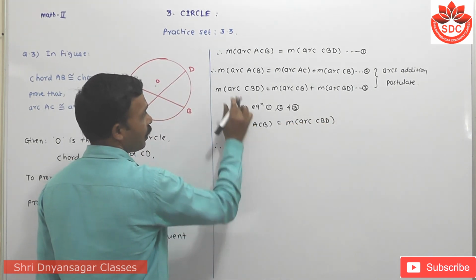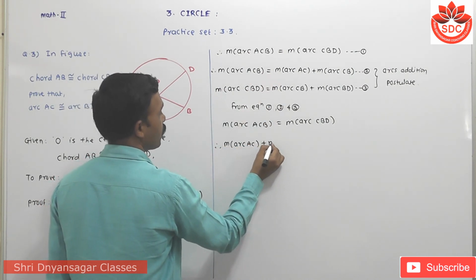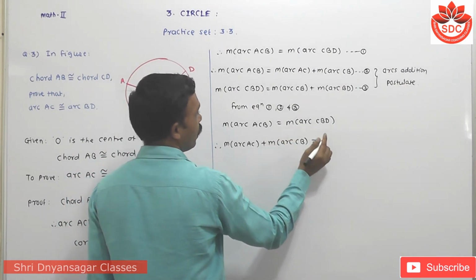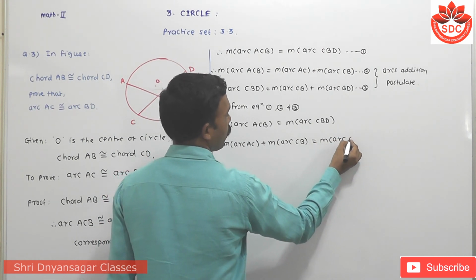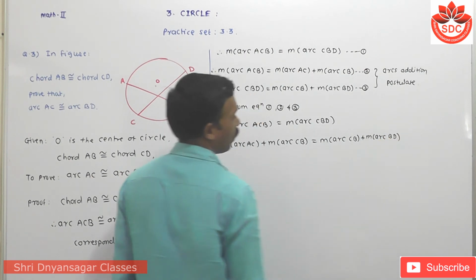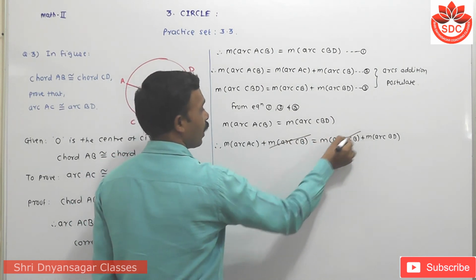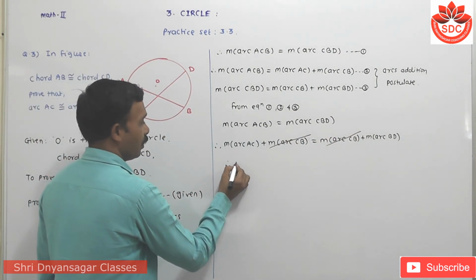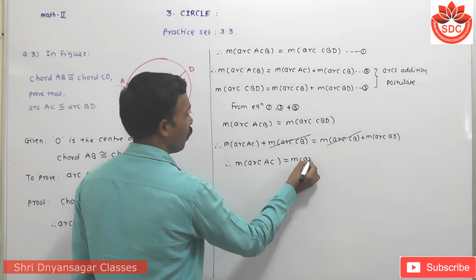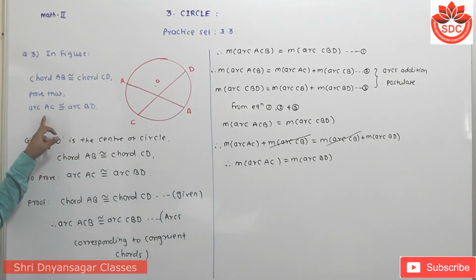Therefore, the measure of arc AC plus measure of arc CB is equal to the measure of arc CB plus measure of arc BD. Then observe carefully, on this equal side both are the same, so they cancel. What is remaining here? Therefore, the measure of arc AC is equal to the measure of arc BD, and hence if the measures are equal,